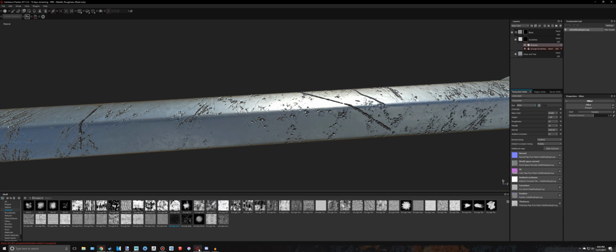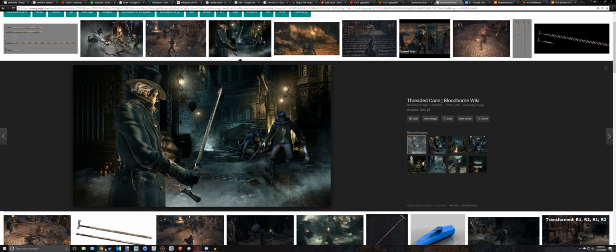I'm going to go back into Substance Painter here, and actually no. That's what I was here for. So we added some of those scratches. Ours is a bit different looking, but